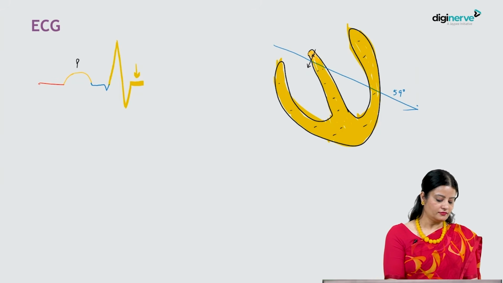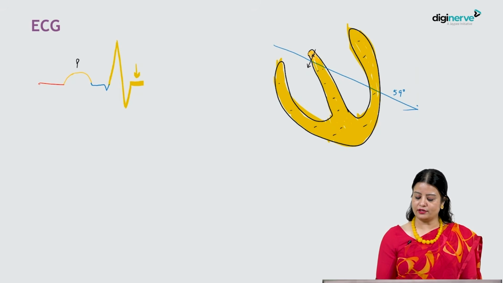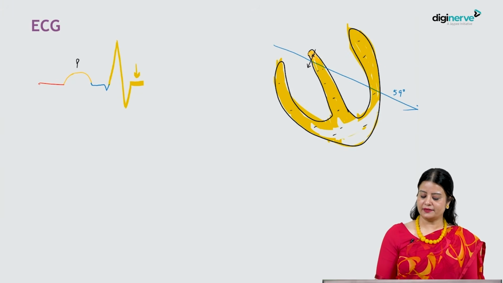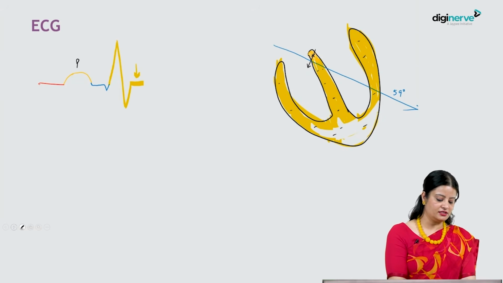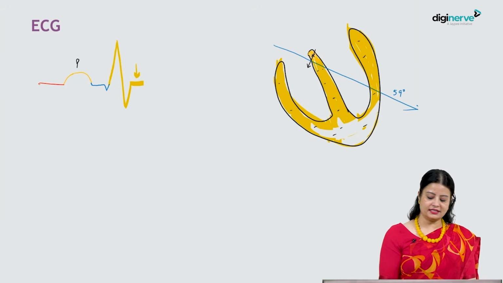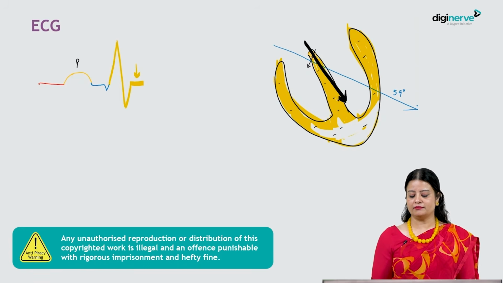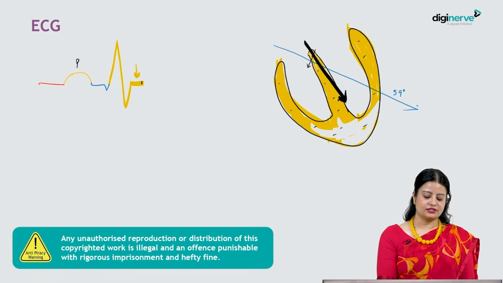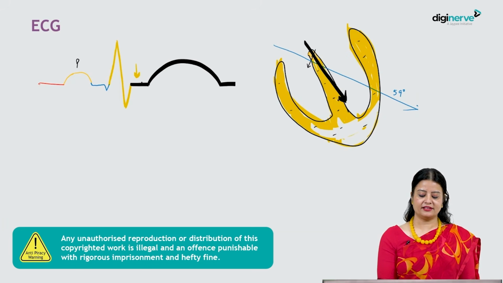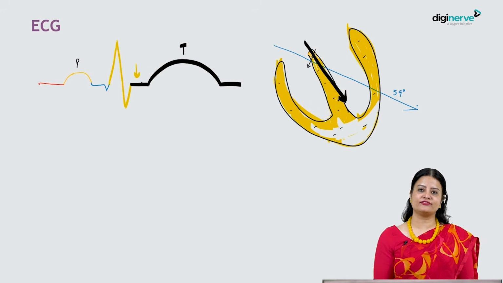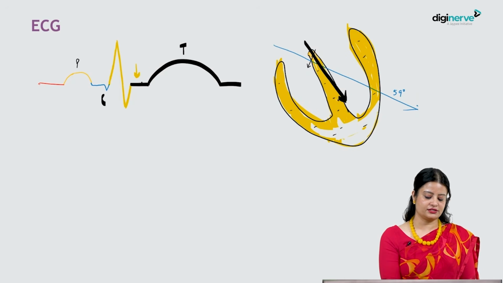Now, the wave of repolarization of the ventricle begins from the apex, and then the impulse slowly leads to the wave of repolarization, resulting in the instantaneous vector in the direction of the mean cardiac axis. So this results in the T wave, which is the wave of ventricular repolarization.